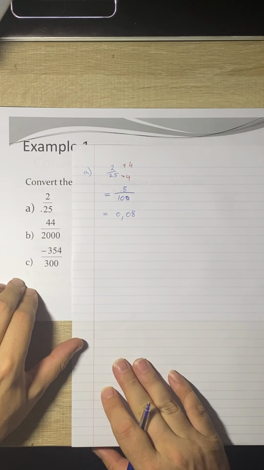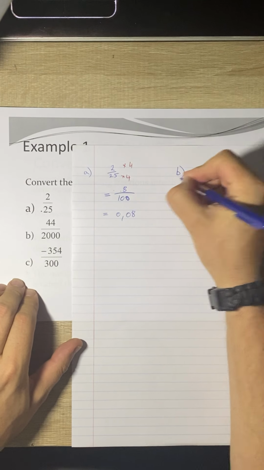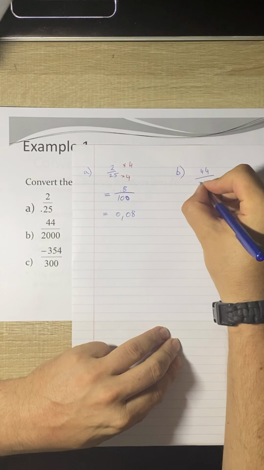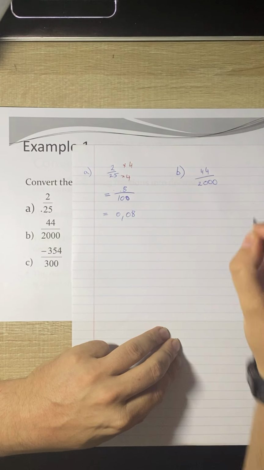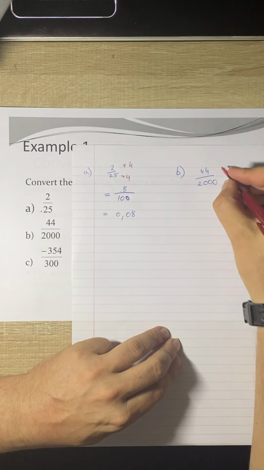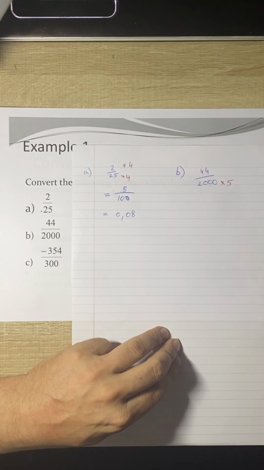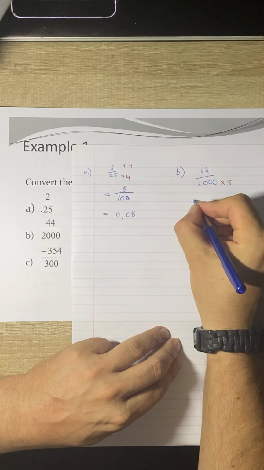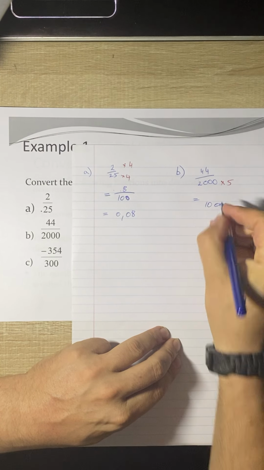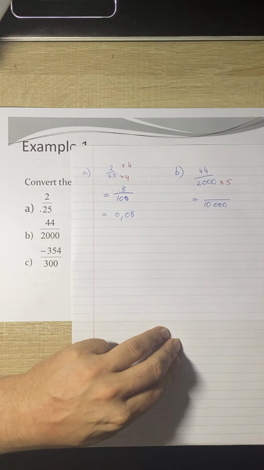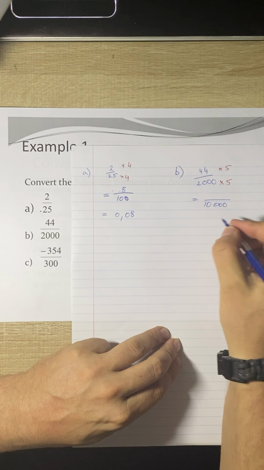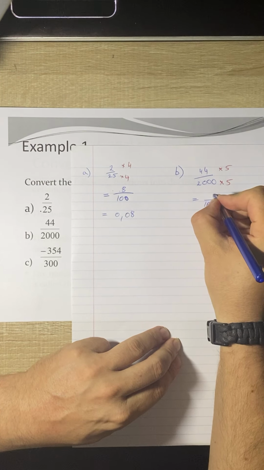If we go to the next one, we've got 44 over 2000. Now I know I can get that to 10,000 by multiplying by 5. So that denominator will now become 10,000. But what I do to the bottom, I must do to the top. So I must multiply the top by 5. So 44 times 5 is going to give us